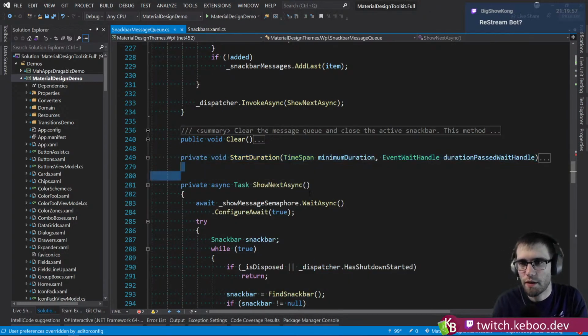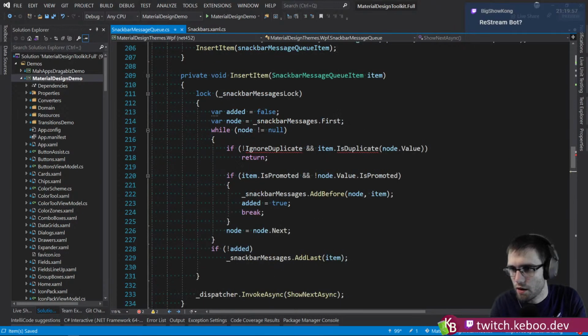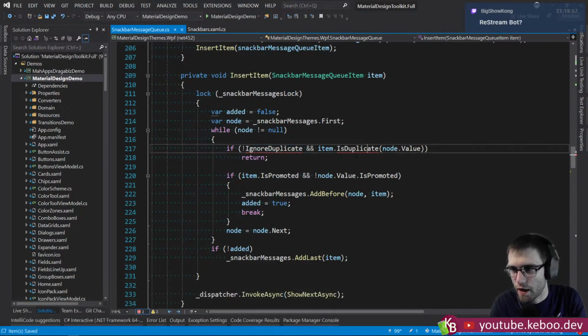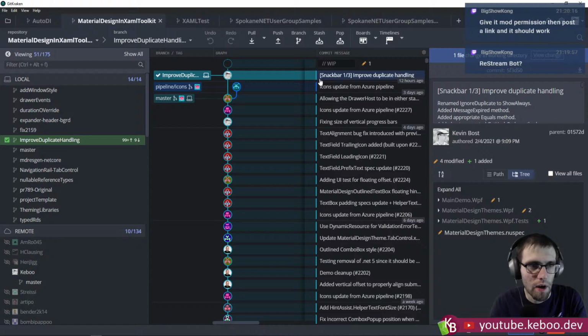Because ultimately this guy, so insert item. So what did we have here? So previously we had an item is duplicate. So let's look at our diff real quick and figure out,